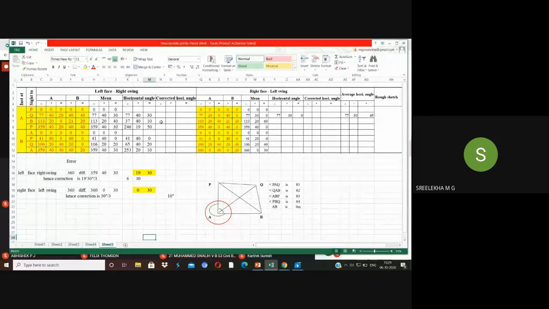Similarly, you can add to this value so that you'll be getting QBP. You can write here. To this value, you'll be adding just 6 minute, 30 second. Similarly, here also, this actually you don't want as a calculation. So this will be the value of theta 1. This will be theta 1, PAQ. It is theta 1 as per your notation.